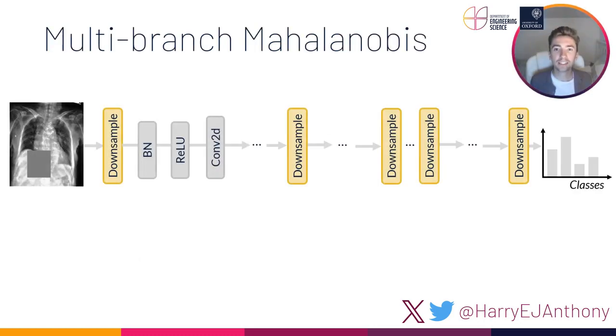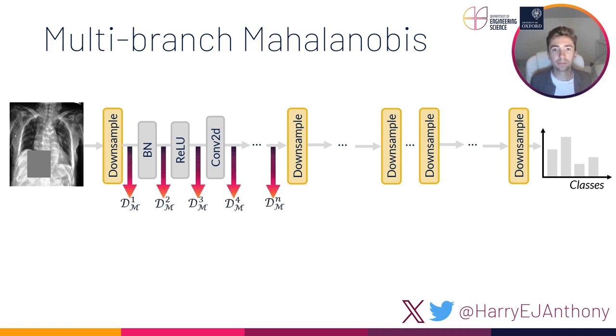To investigate this, we created a method which uses multiple detectors, which we are calling multi-branch Mahalanobis. How this works is we divide the network into parts, separated by downsampling operations. We refer to each part as a branch. The Mahalanobis distances after all the modules in the branch are then collected, and they're combined to give us a